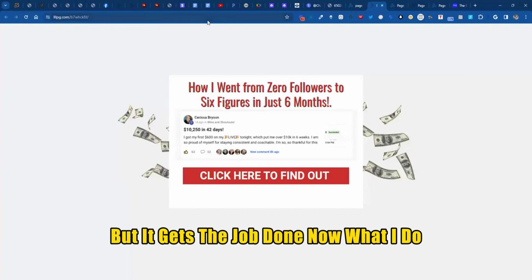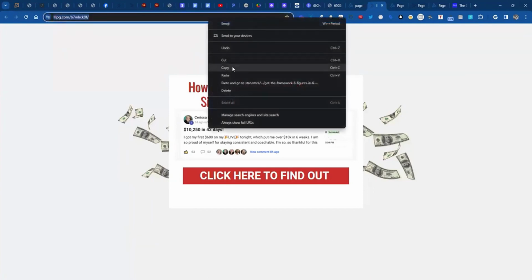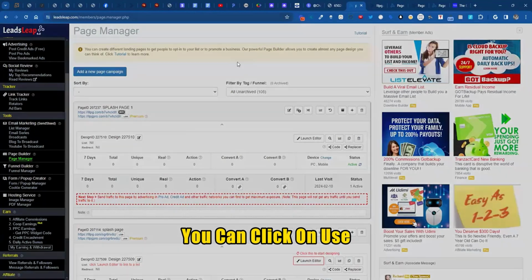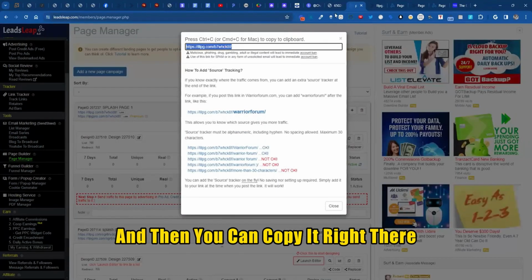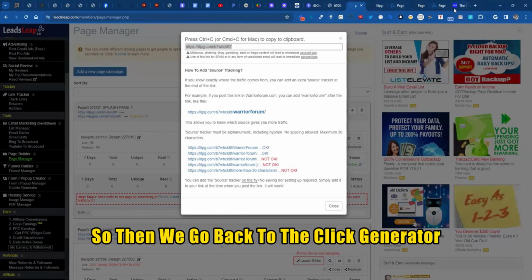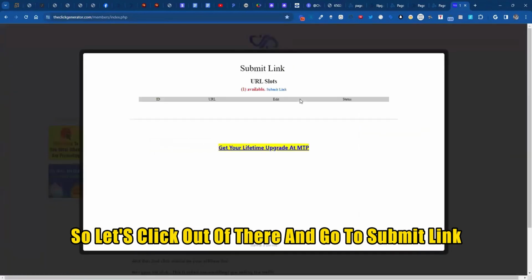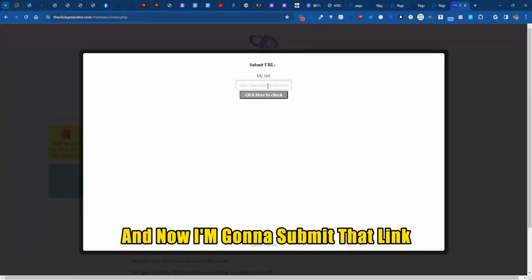Now what do I do? I copy this link. If I go back to Leads Leap, it's also right here. You can click on use, and then you can copy it right there. So then we go back to the click generator. So let's click out of there and go to submit link, and now I'm going to submit that link, and